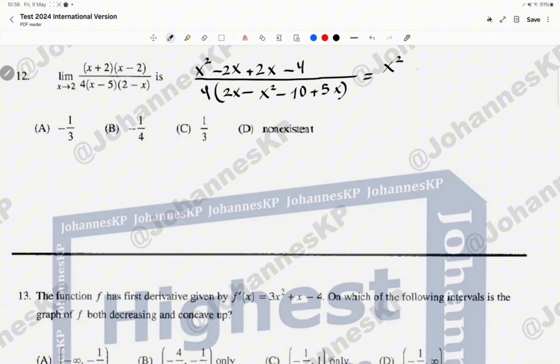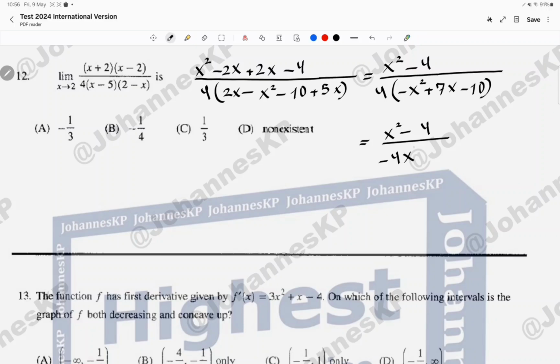So you're going to have x squared minus 4 here, minus x squared, 2x plus 3x, 7x, minus 10. And now I'm going to do x squared minus 4 minus 4x squared plus minus 10. Don't you multiply by 4 as well? Yeah, oh sorry, right, yeah, 40. Now that I expanded,